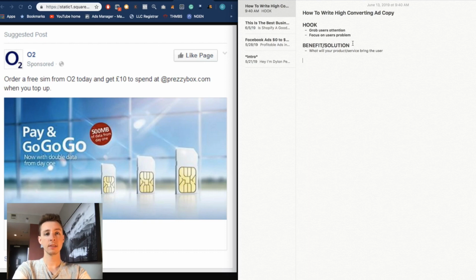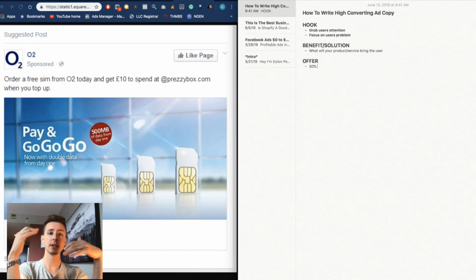Once you have that listed out, then present them with an offer. An offer, so example, just like this, a lot of people are doing the 50% off today with free shipping. And in my opinion, that kind of draws in the wrong people. That draws in bargain hunters. And it's okay to use offers like percentages off, in my opinion, later on in the funnel when you're retargeting. But when you're hitting cold traffic, I feel like it brings in the wrong type of traffic because you want